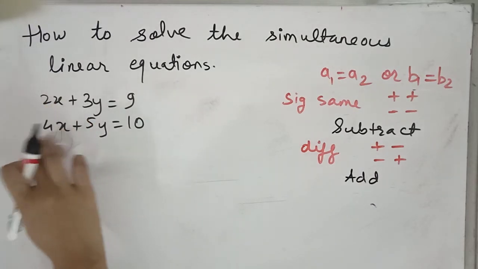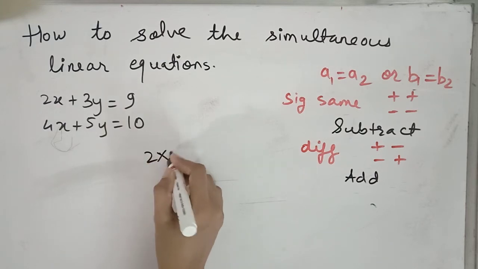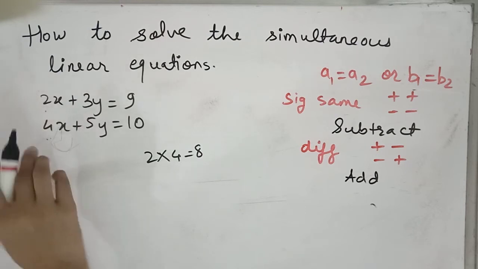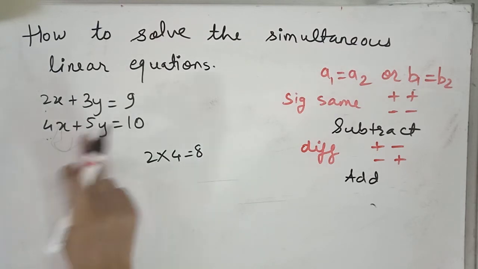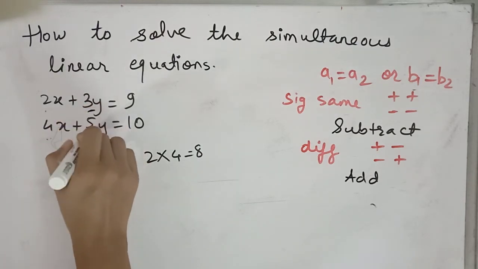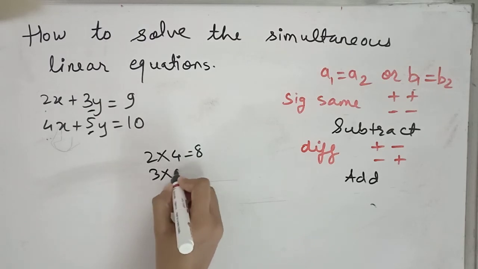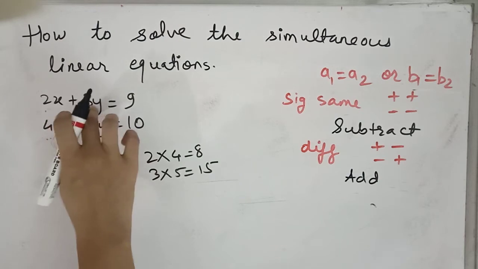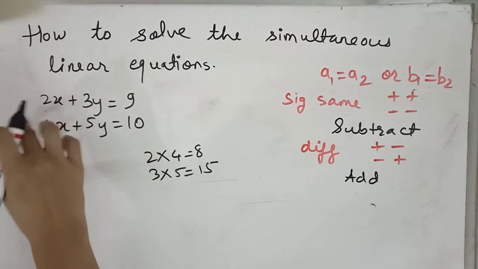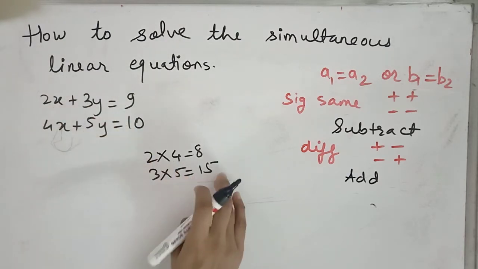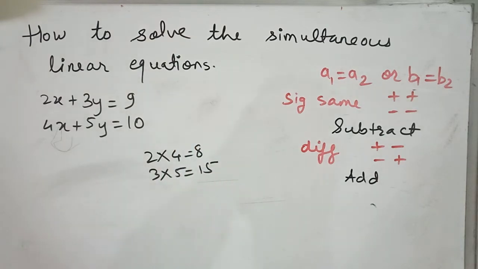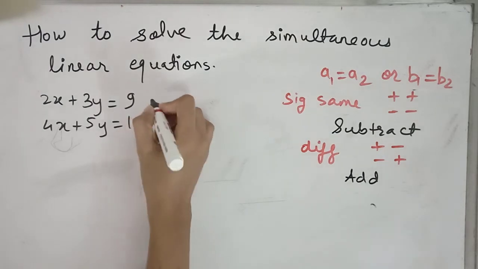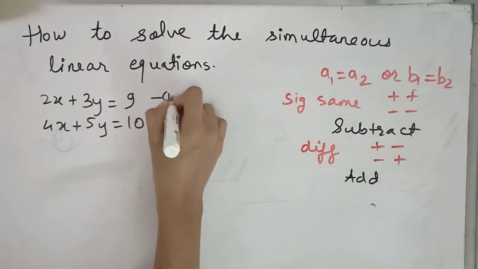So to make it equal we have to multiply 2 4s is 8. So we have to make both the equation as 8, or here it is 3 and here it is 5. 3 5s is 15. So we have to multiply such that b1 and b2 will be 15. So let's first multiply equation 1